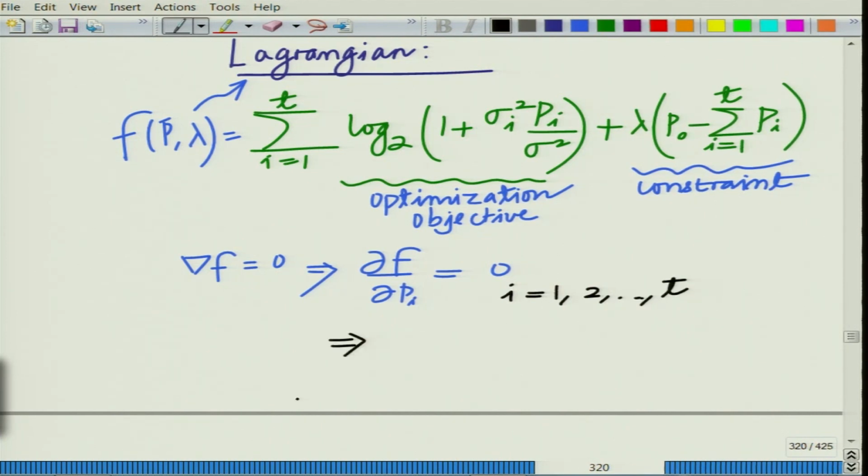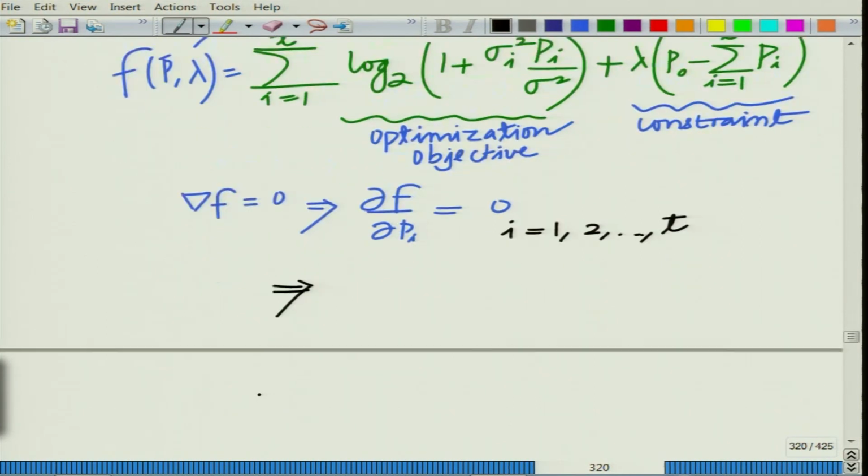So, now you differentiate this with respect to p_i, this implies that 1 over